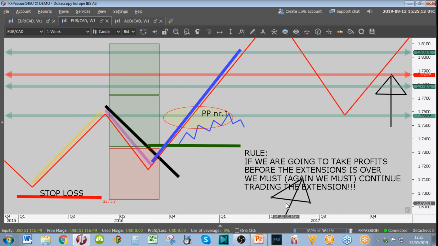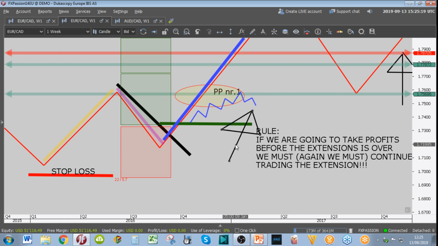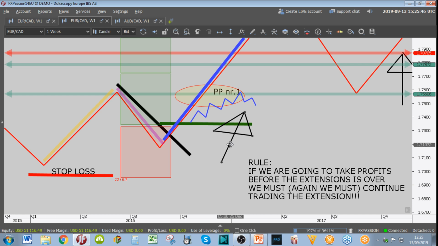We must, again, we must continue trading the extension. So, if you are a trader, everyone, trading for 4 years, 5 years, 7 years, 8 years, 9 years, this is maybe one of your problems why you are not consistently profitable in your account. Passion, I don't understand. Of course you don't. What is wrong